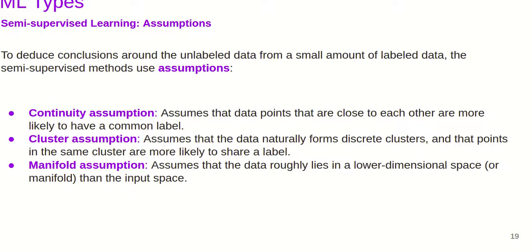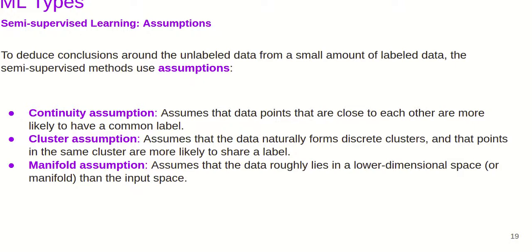The first one is the continuity assumption. We assume that data points that are close to each other are more likely to have a common label. We also have the cluster assumption, where we assume that the data naturally forms clusters or groups. We already saw this when explaining clustering. So we can have clusters within the data, and these groups of elements likely share a label